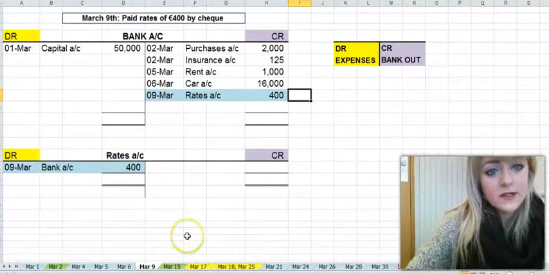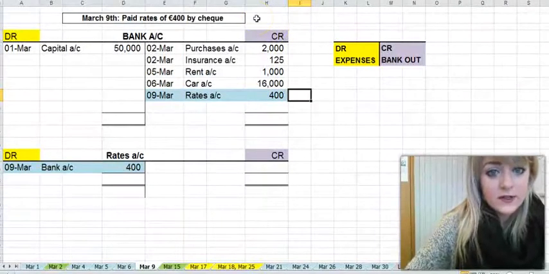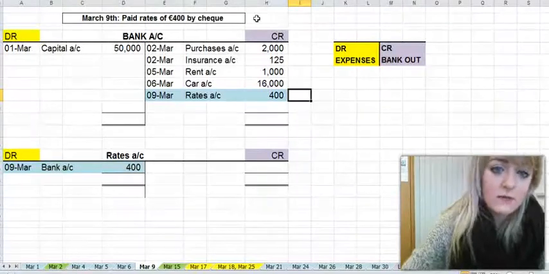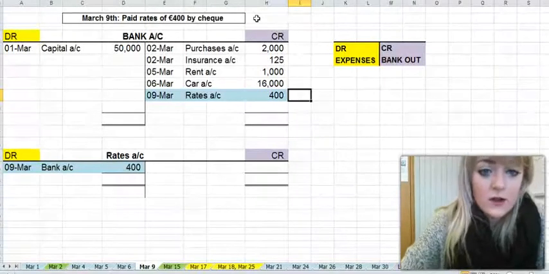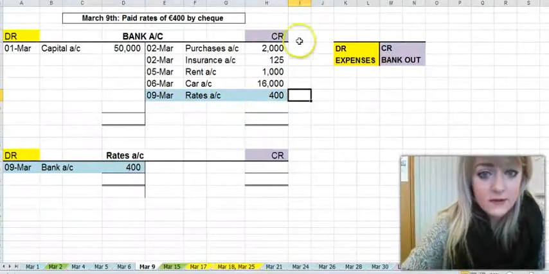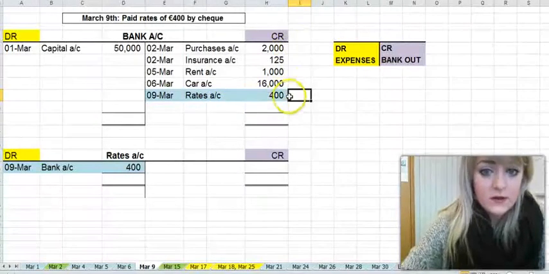And on the 9th of March, Kate paid rates of €400 by cheque. So again, this is similar to the insurance or the rent. Well, it's an expense now in this case, so it's quite similar to the insurance or like paying your phone bill. So on the 9th of March, she's paid rates of €400. The money has left her account, so we credit her bank account. So credit is